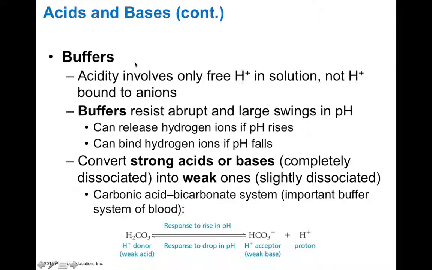Now, buffers are actually a way that our bodies can help to remove excess hydrogen ion from solution and prevent or resist abrupt swings in pH. So what we find is that buffers can release hydrogen ions if your pH becomes too high or too basic, or they can bind to hydrogen ions if your pH becomes too low or too acidic. So what we find is that buffers can convert strong acids and bases into weak ones, so that we have this carbonic acid bicarbonate system in our body,